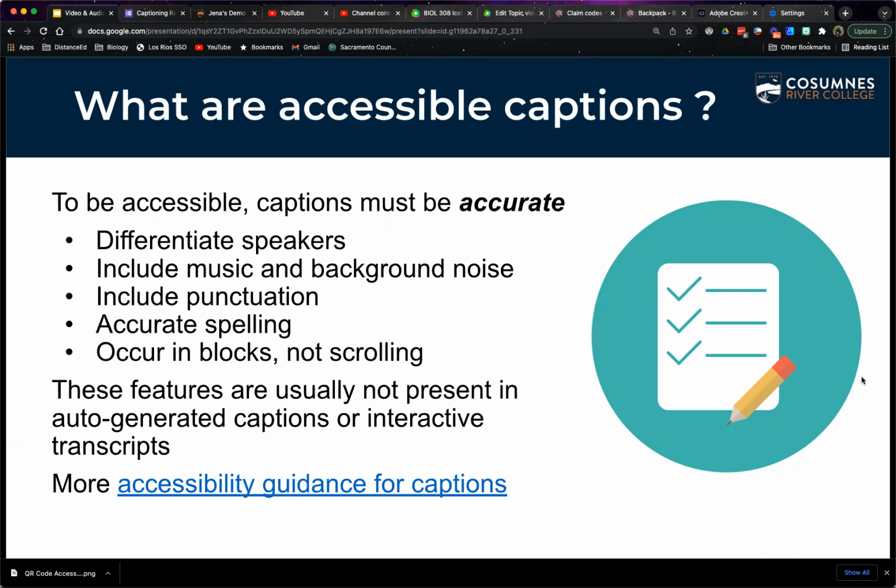They will include music and background noise, punctuation, accurate spelling and grammar, and they will occur in blocks rather than scrolling. The scrolling captions that you see in auto-generated captions on YouTube are very difficult for some users to track and follow. Having a block of 2 lines of text that stays static for maybe 5 seconds or so before switching to the next block of text is much more accessible than that scrolling text